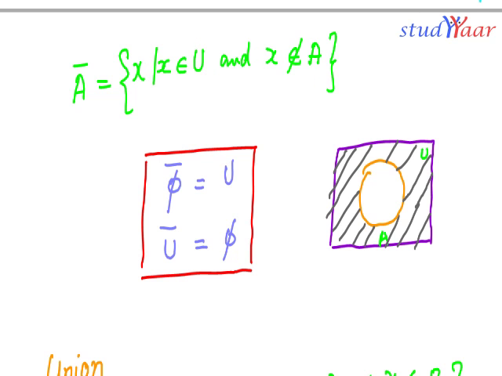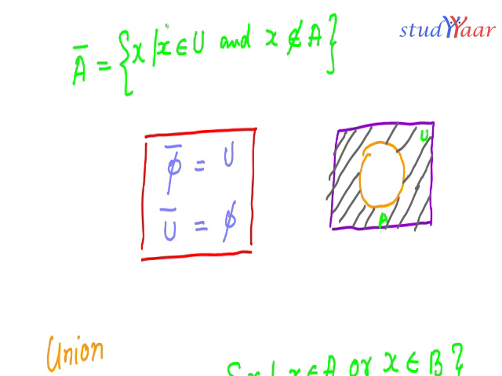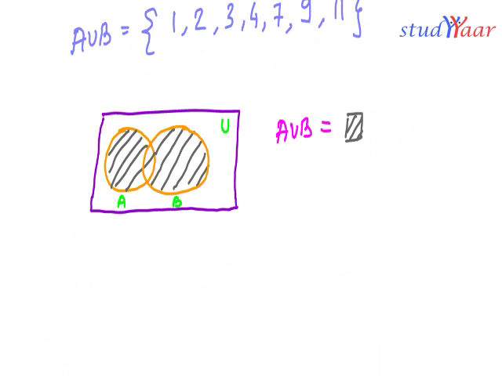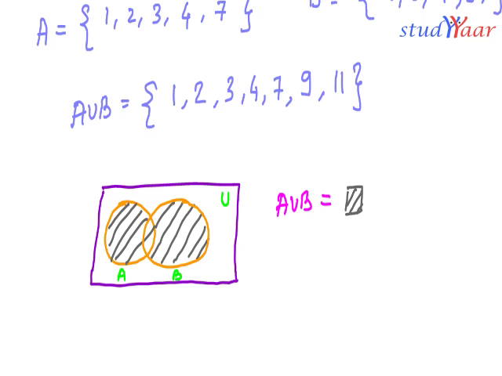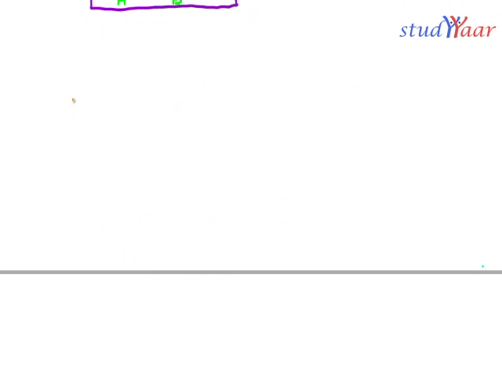So I can write over here the complement of A. Let's use a different color. The complement of A over here is the shaded region as represented by this. And over here it is this shaded region which is A union B. Now let's look at the next set operation, which is the